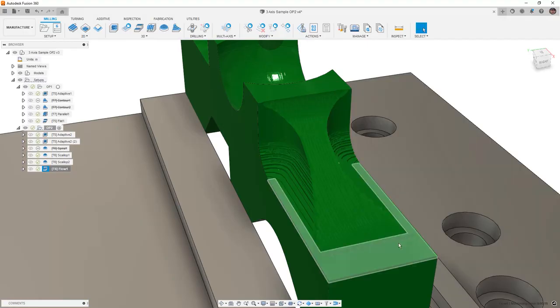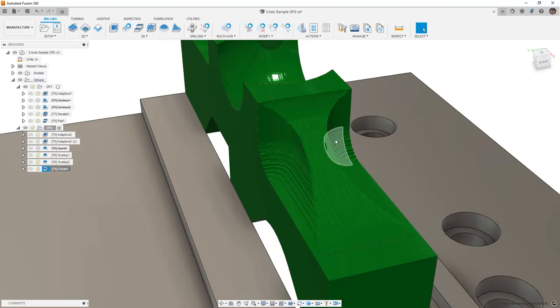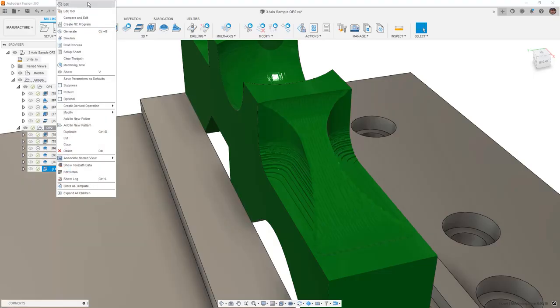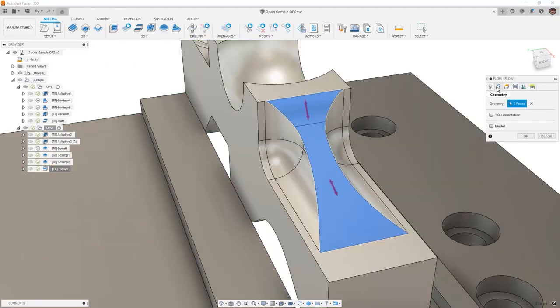You can see that we are cutting down into the bottom of the part slightly, and that's because we haven't finished off our flat areas. That's something that we'll approach in just a minute. So with a toolpath like this, if we were to edit the toolpath and increase the number of faces we selected,